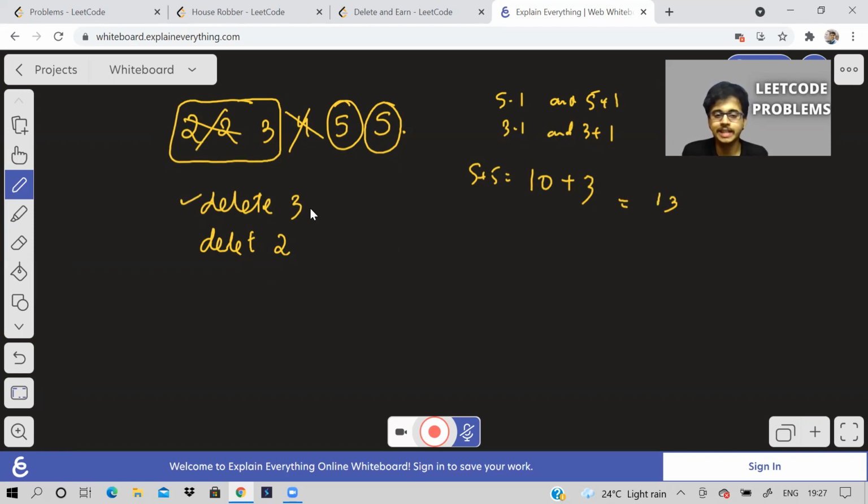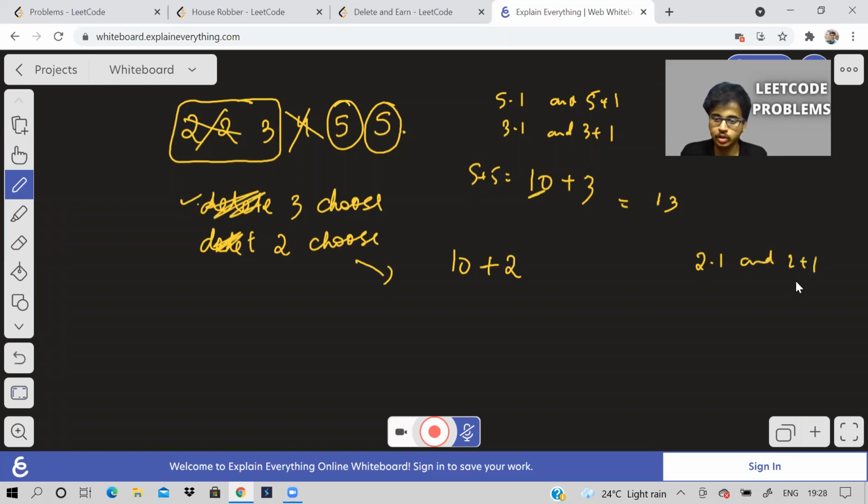So instead of saying delete 3, maybe if I say if I choose 3, it will be less confusing. And if I choose 2, then what will you do? So 10 was the total before doing all this. Now 2, but I should delete 2 minus 1 and 2 plus 1. So I should delete 3.